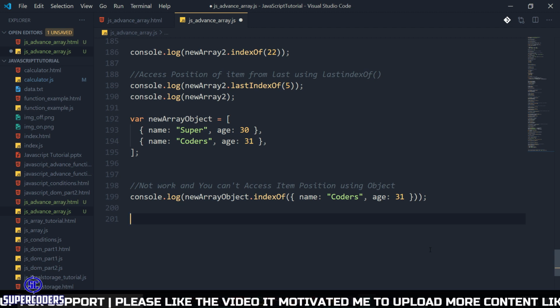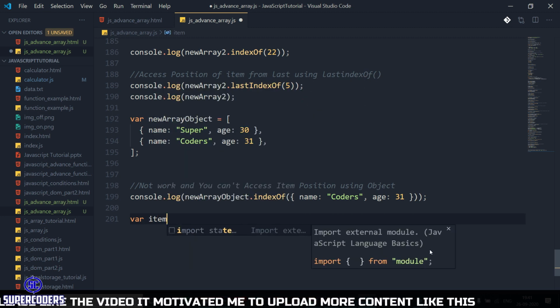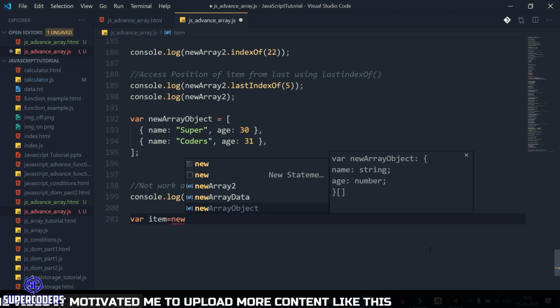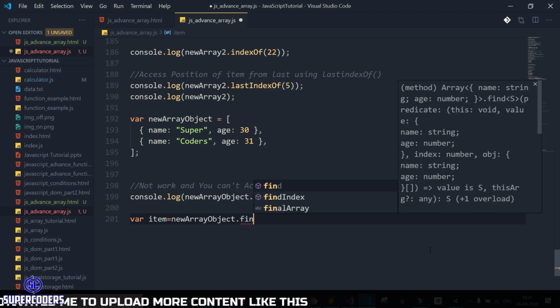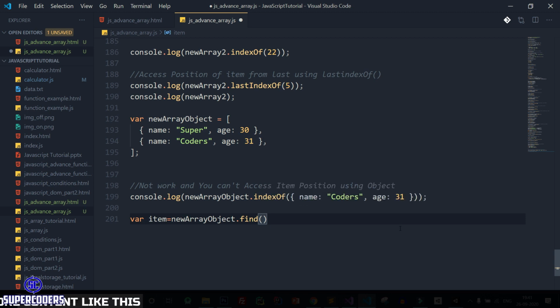Then let's see where item equals new array object dot find method, and here you can see there are lots of methods, so we need a very simple one.